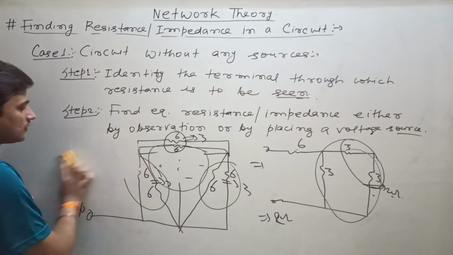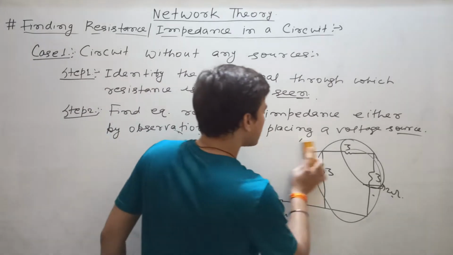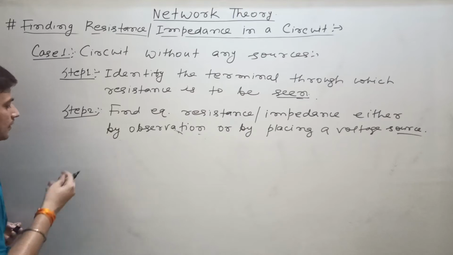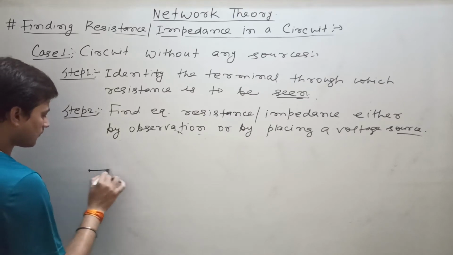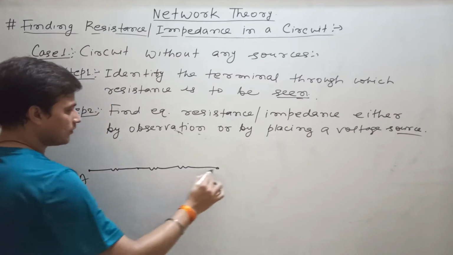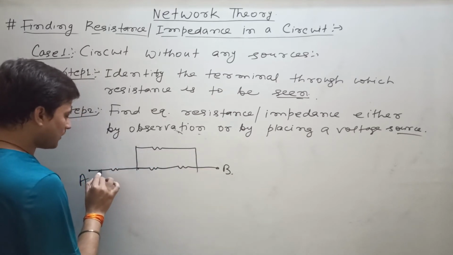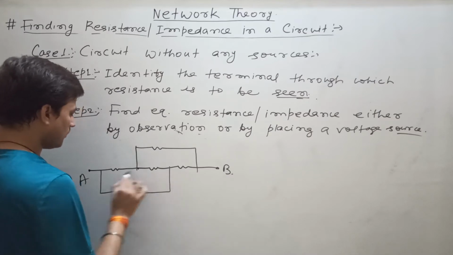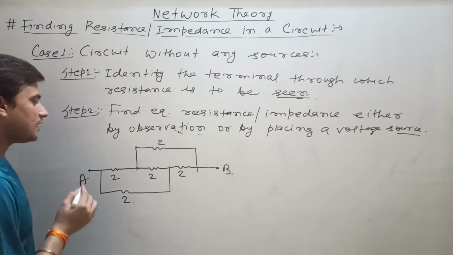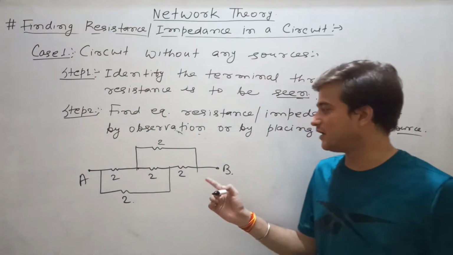Clear? Now let us look at one more problem of finding the equivalent resistance. Because if you are appearing in GATE examination, then you can see this type of circuit somewhere in the paper. See the circuit. You are having 3 resistors connected in series. This is a very common type of circuit and very easy to solve. Only you have to remember some of the steps. All the resistors are 2 ohm, 2 ohm, 2 ohm and 2 ohm. Now somebody is asking you to find the equivalent resistance across AB terminal.